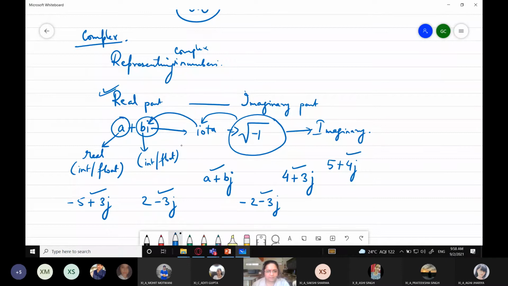I'm going to come back to complex numbers when I confirm that at least one batch of yours has completed this in your class. And the commerce students, kindly do not worry, because at that time I will also give you a little more information about complex numbers, and in your syllabus only an introduction to complex numbers is given, so it's not a very important topic as well, right? We won't be performing many operations on complex numbers, so you don't have to worry.